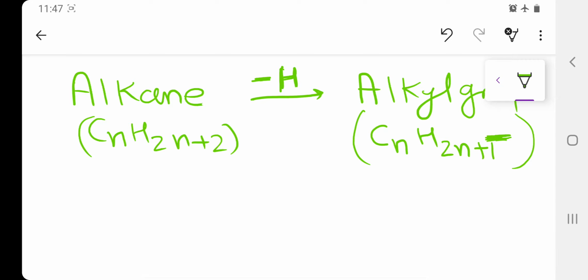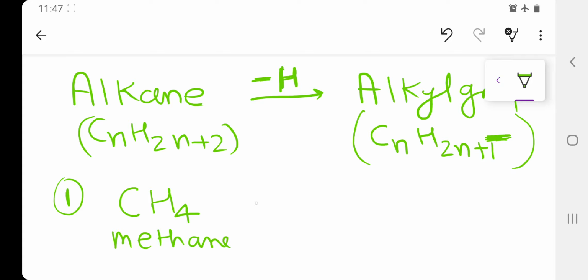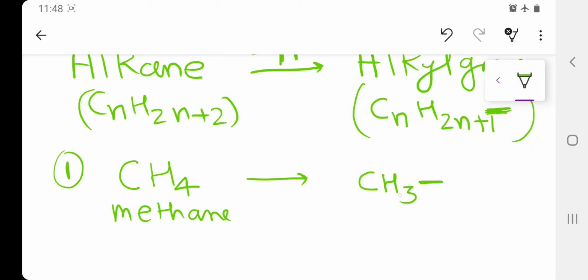Then we'll proceed one by one through the types of alkane that we have studied, and then we'll form alkyl groups from them. The first alkane, the basic alkane, is CH4. That means it is what? Methane. Then if you remove one hydrogen from this methane, from a carbon hydrogen bond, then we'll end up with this group CH3, and it has what? An empty bond. Empty bond means this bond will be attached to something that is called a substituent in organic chemistry, which we will come to know later.